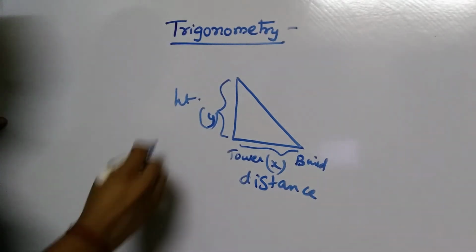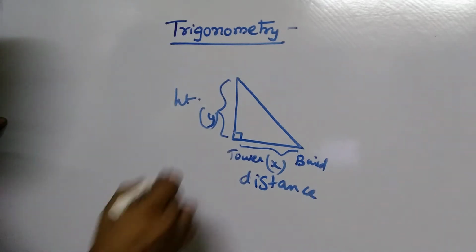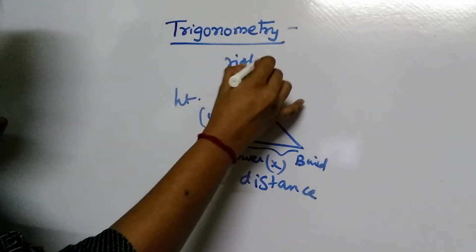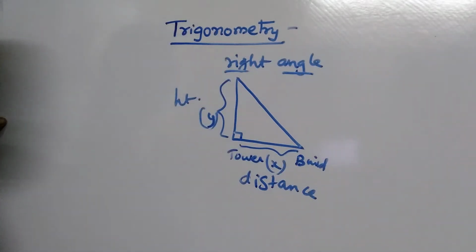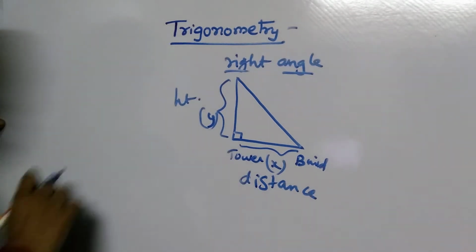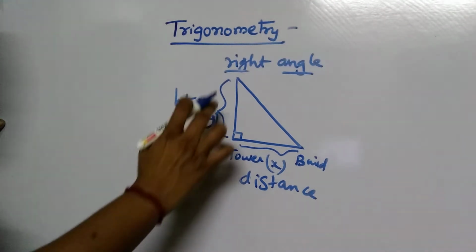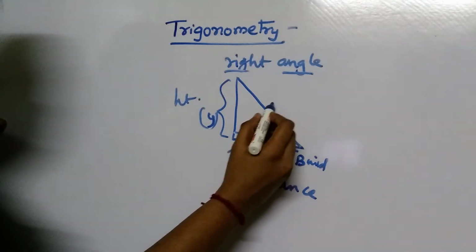Now in dealing with this triangle, mainly it deals with the 90-degree triangle. That is your right angle triangle. Now we are going to learn some of the concepts in this right angle triangle. Then only we can do the trigonometry sums. Before going to this trigonometry chapter, we'll just see the right angle triangle. Opposite to the 90-degree angle will be your hypotenuse.